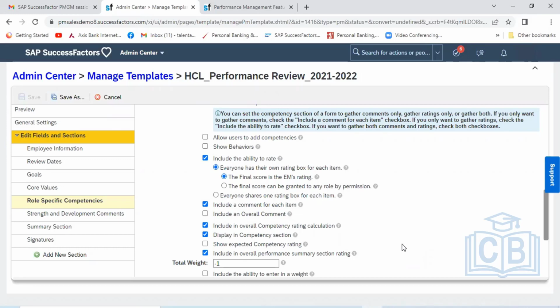Electrical, instrumentation, or you may have purchase and procurement. You will have different competencies. So if you do not find an exact match in the standard library, you can add your own competency, and then map those competencies to that particular job code. So whoever is in that job code, by default, it will come automatically.